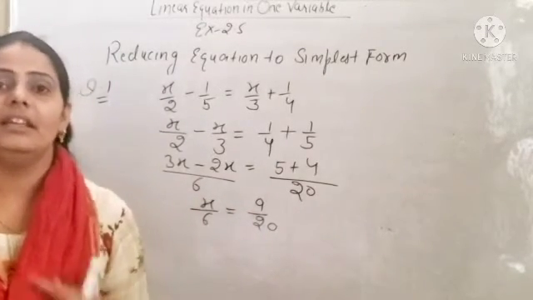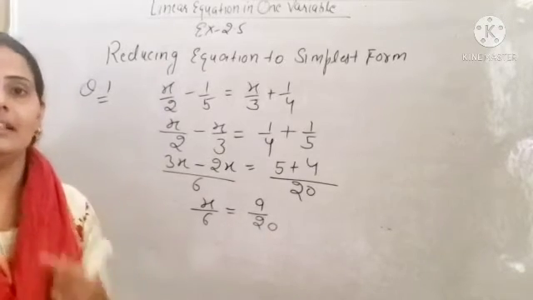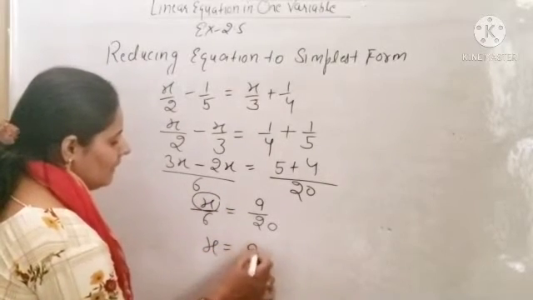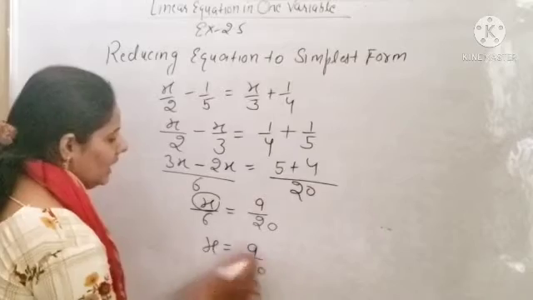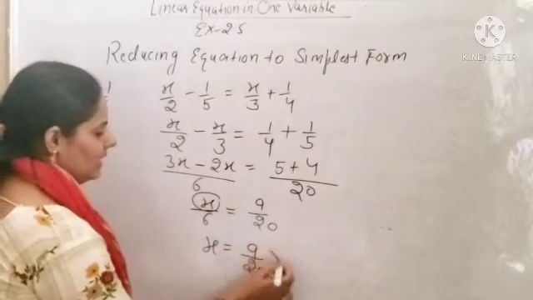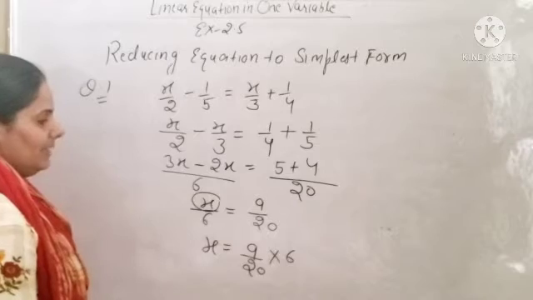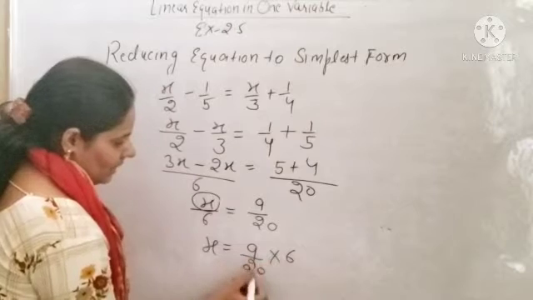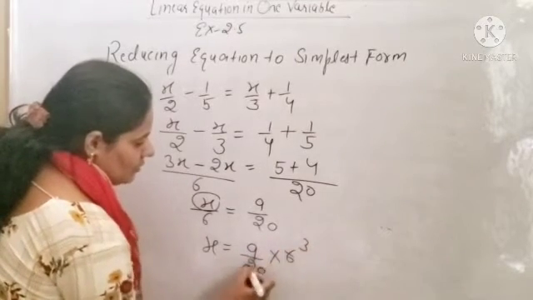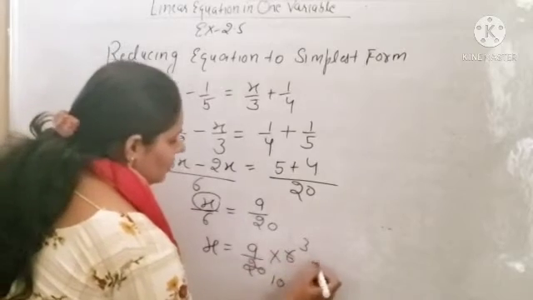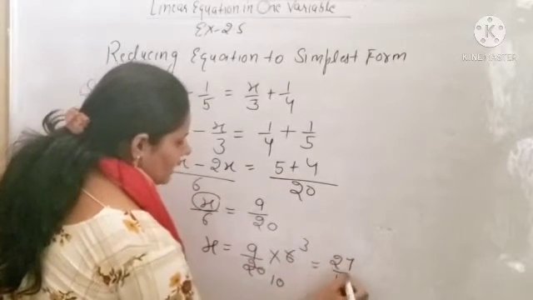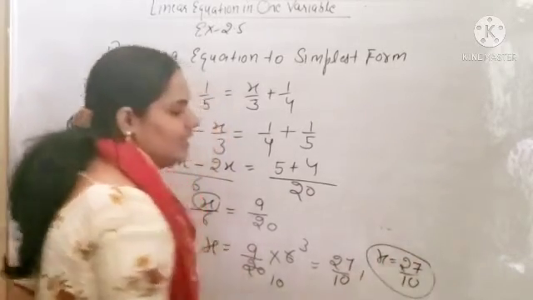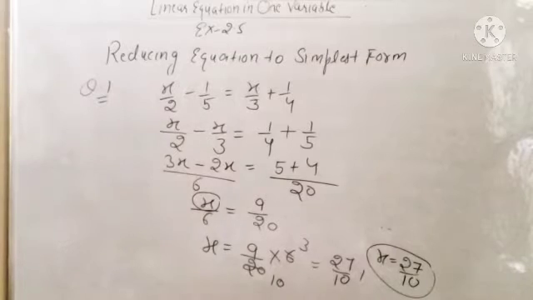Now also you are getting numerator upon denominator form, but you have to find the value of the variable. So what is the variable here? x. So simply you will find out the value of the variable. So x will be equal to 9 upon 20. 6 is in division, on the left hand side, you can take it in multiplication. So it will be multiplied by 6. Clear? Now what will you do? Simply, if you can cancel out, you can cancel it. So 2 3s are 6, 2 1s are 2 and 0. Okay. Now you can multiply, 9 3s are 27, divided by 10. So what will be the value of x? So you can say 27 upon 10. Clear? x will be equal to 27 upon 10.